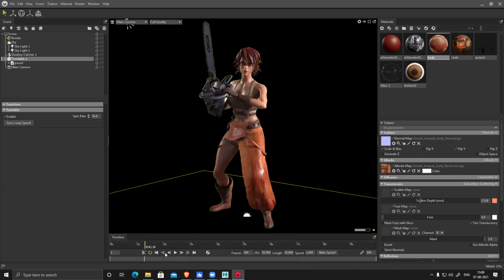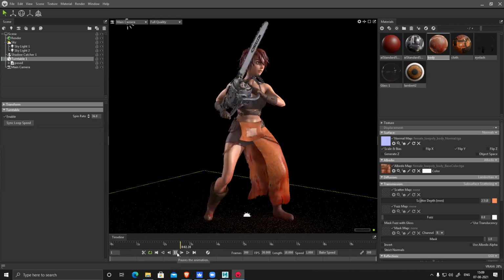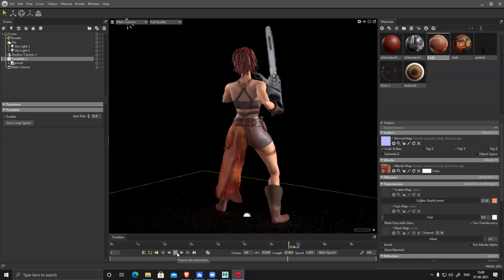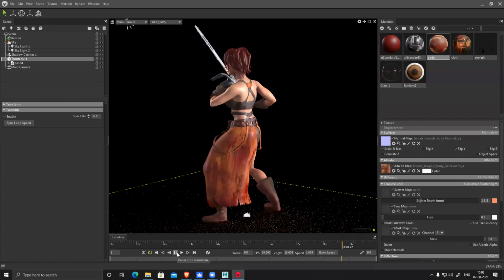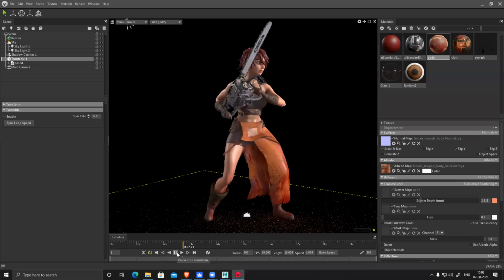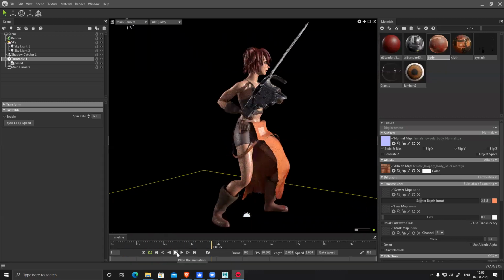That's right. So I can use this, or I can just simply import some animation from Mixamo and make it animated and render it out. We do that also.